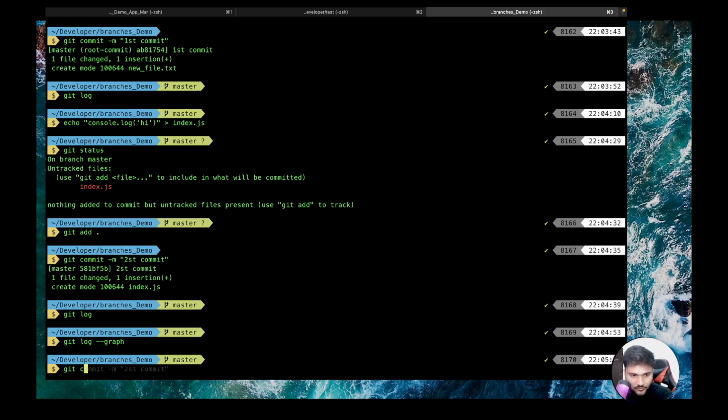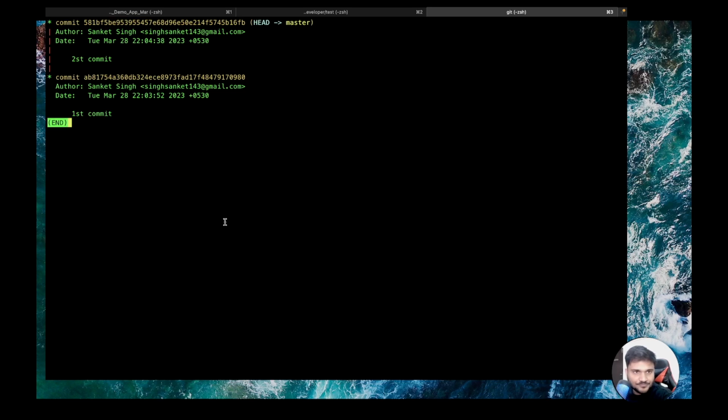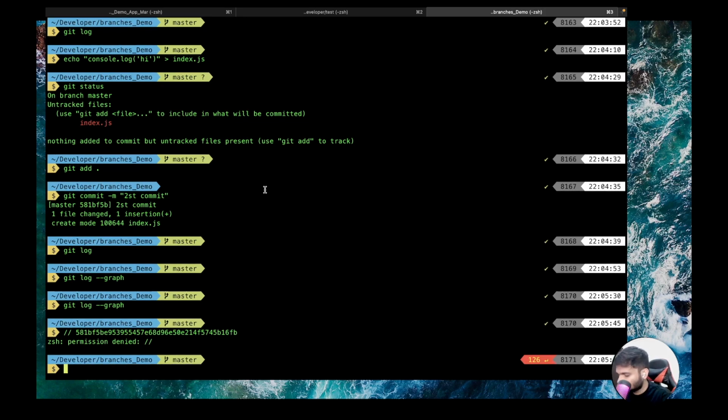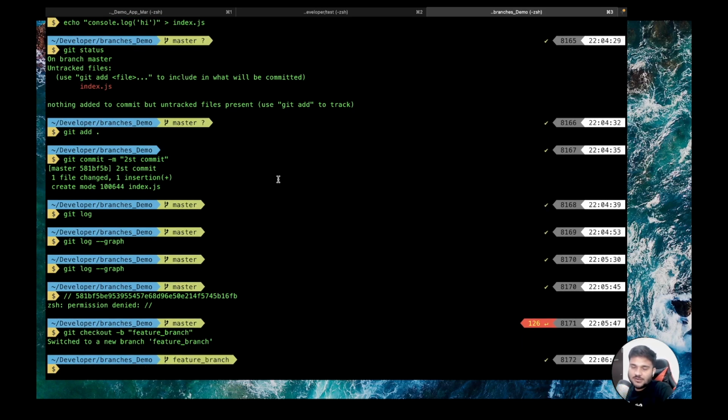And also before we do git checkout -b, let's copy the commit ID of the last commit. Okay. I'll just print it here. So now we do git checkout -b, and let's give a new name to the branch. Let's say feature branch. Okay, some feature branch we are going to create. So we are now switched to a feature branch. I have configured my terminal such that whatever is your current branch, you're going to view that current branch directly in the terminal only.